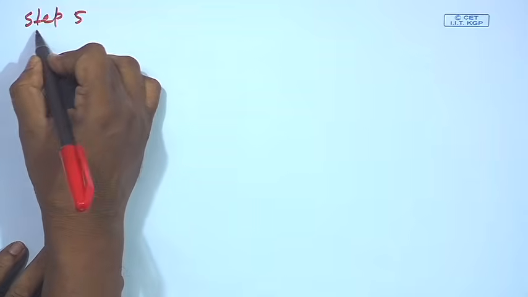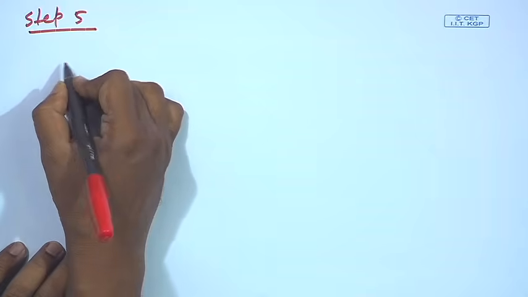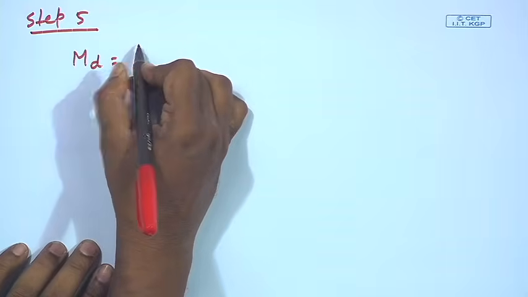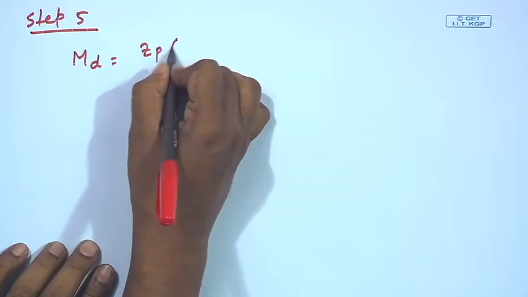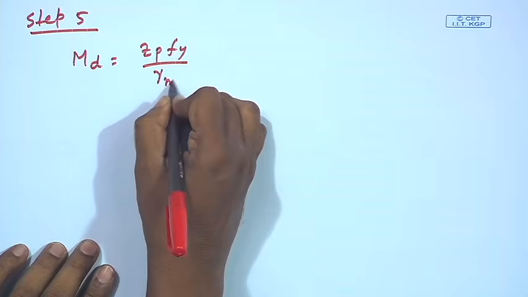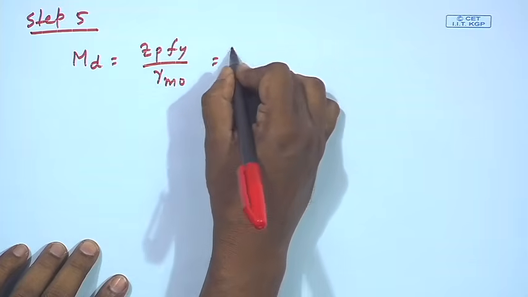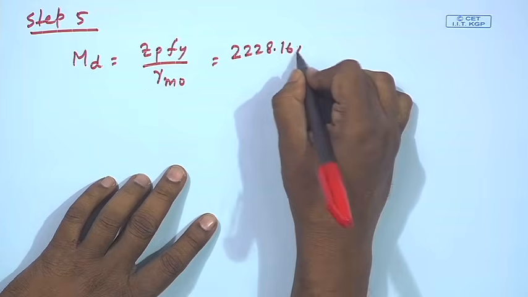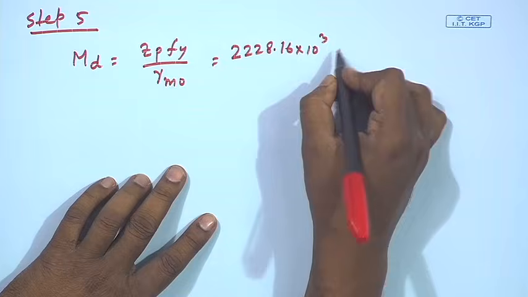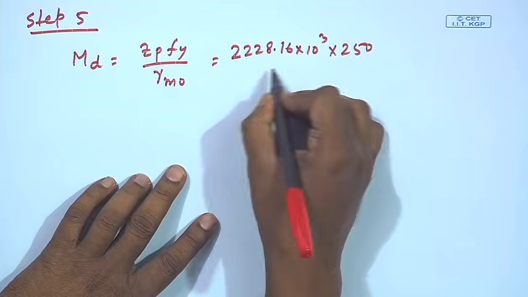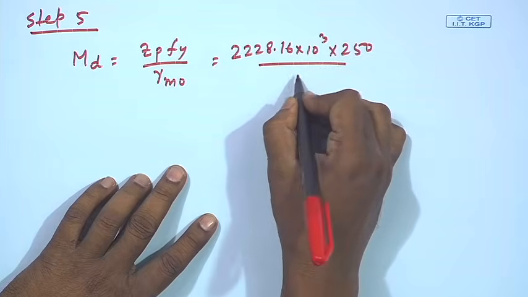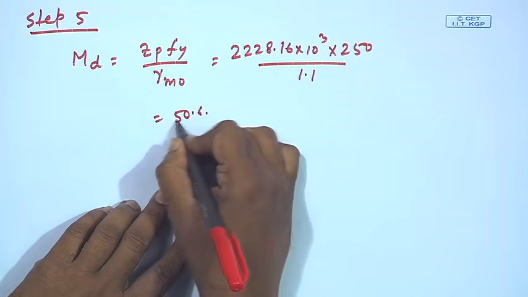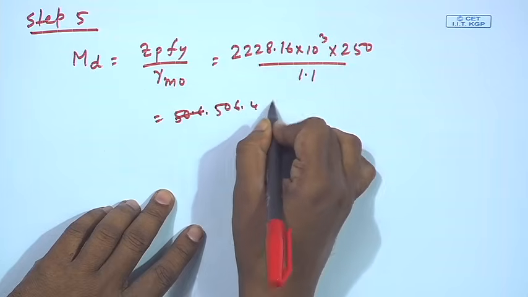So, in step 5 I can find out design capacity of the section, design moment capacity of the section, that is Md. So, Md will be simply Zp Fy by gamma m0. So, Zp value we found earlier, which is this, Fy is 250 and gamma m0 is 1.1. So, this is 506.4 kilonewton meter,